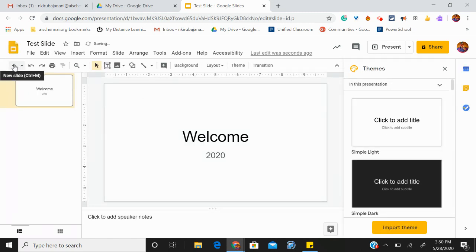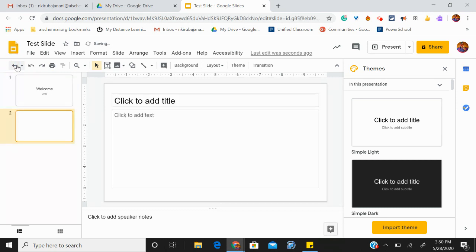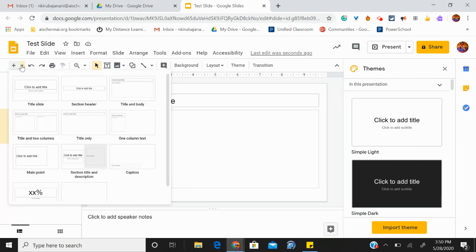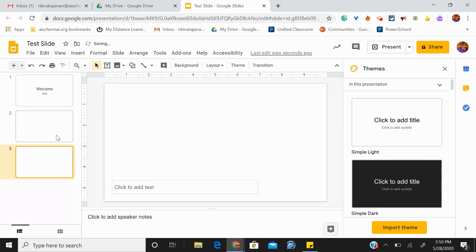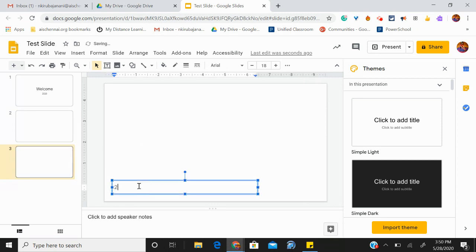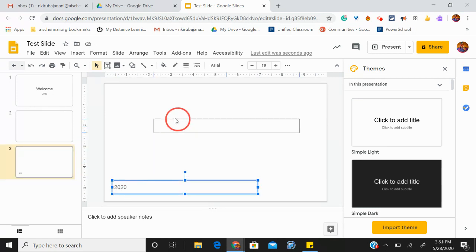And by clicking this plus symbol, you could keep adding your slides. If you want to have a different layout, just click the small down arrow and you could select the form of the layout you prefer to have. So depending upon your selection, you will be able to add text and have the format. Or you could also move this by holding the cursor